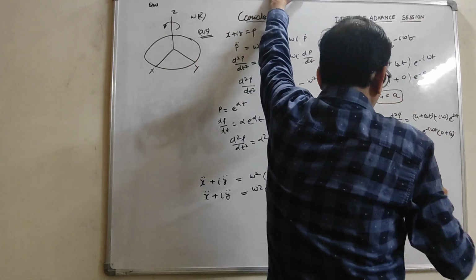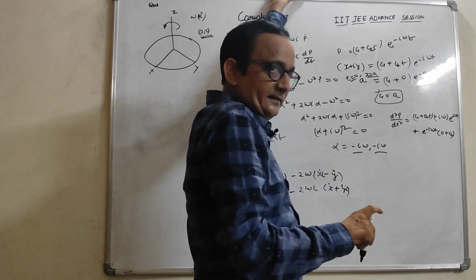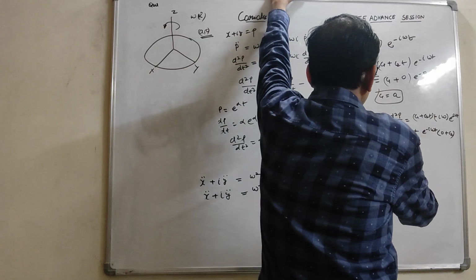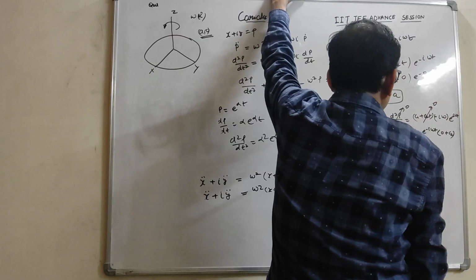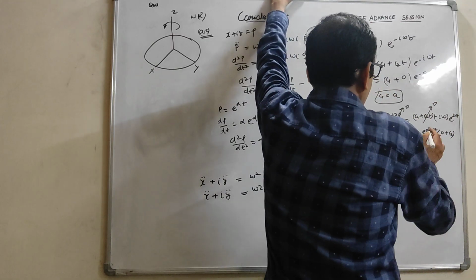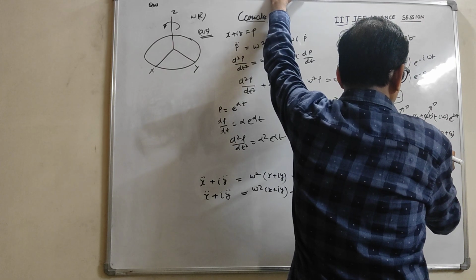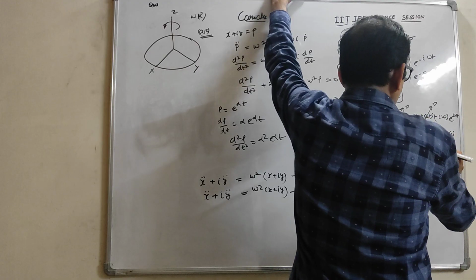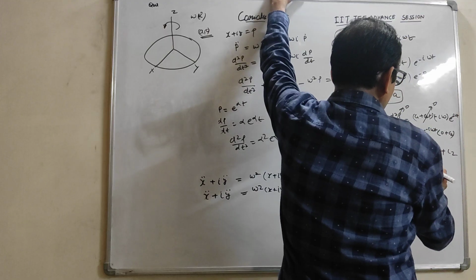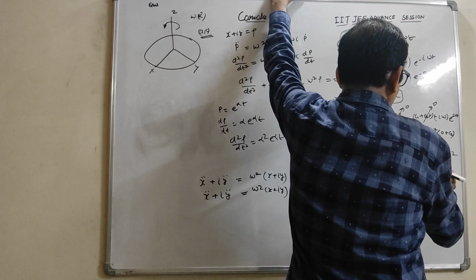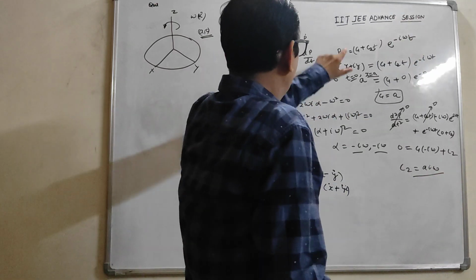Where the coin is vertically dropped on the disc, its velocity is also 0. This is the velocity of the coin, which is 0 at time t is equal to 0. So 0 becomes c1 times minus iota omega, e raised to power 0 is 1, plus e raised to power 0 is 1, plus c2. So c2 becomes, c1 is a, so a iota omega. This is c2, a iota omega.